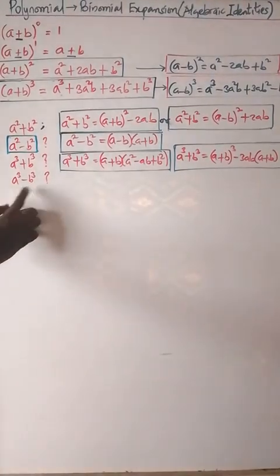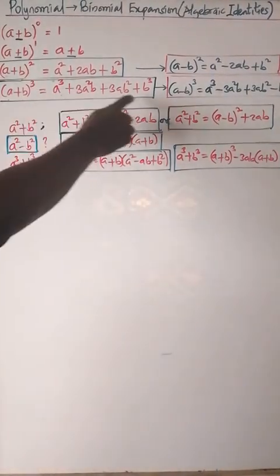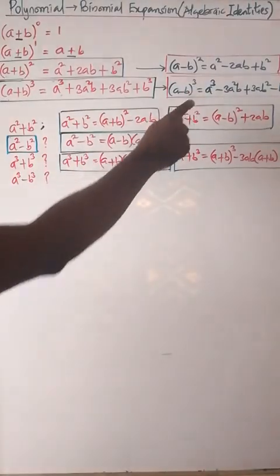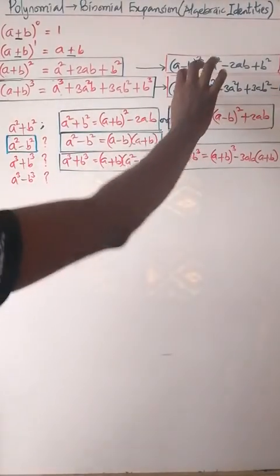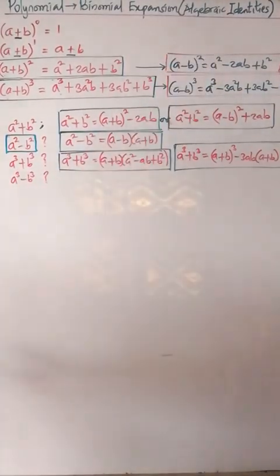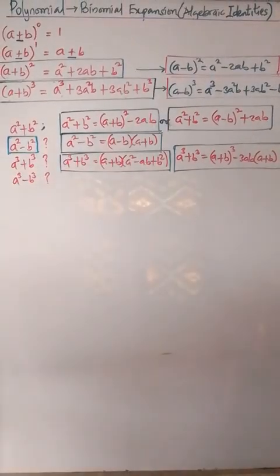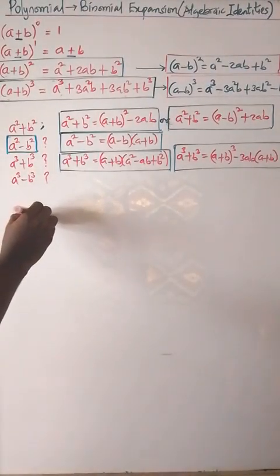Okay, A cube minus B cube. A cube plus B cube is not useful. This one is useful, because we have A cube and we have minus B cube. So we have to apply this one. Let's start from this: we have (A minus B) all cube